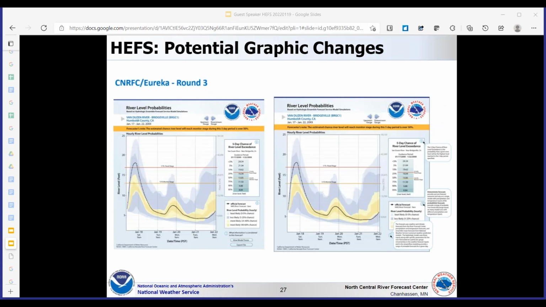Another focus group out in Eureka, California, started with graphics that were slightly different than what was used out east. This seemed to work for their users. But the interesting thing that came out of those focus group meetings was that they have some informational descriptions right there on the graphic. They wanted a mouse over feature with the little eye icons to display info on what they were looking at.